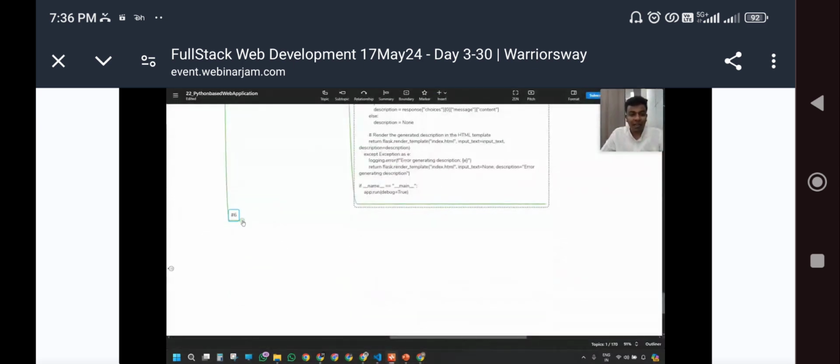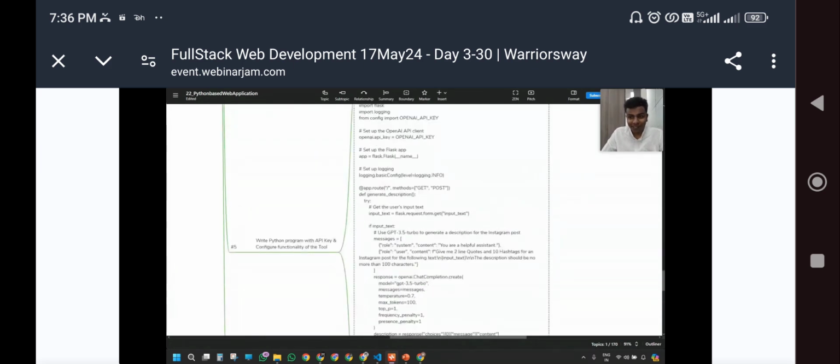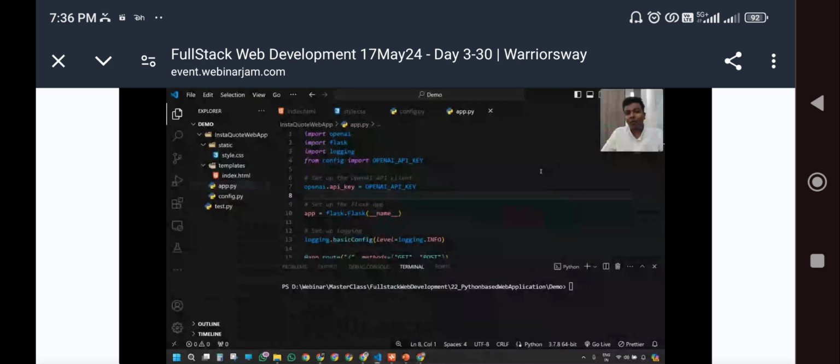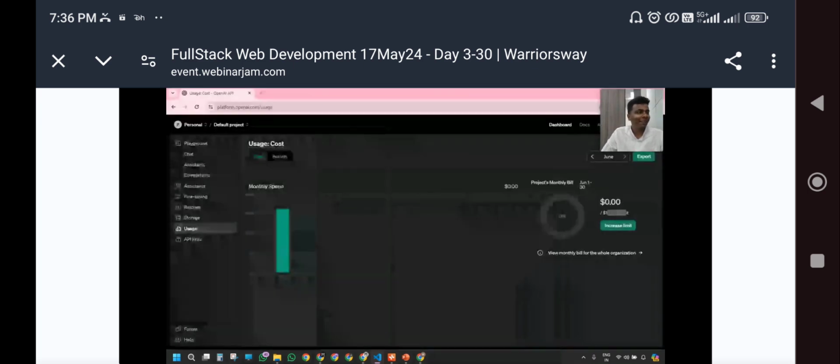Once that has been done, now it's time to execute our application. I hope you guys are super excited. Now I'm going to bring this code onto my other monitor so that I can put in my real API key, because I don't want to share the API key I have. I'm going to put my API key here, guys. Let me do it hiddenly. Just give me some time.